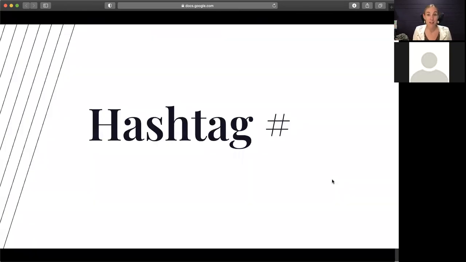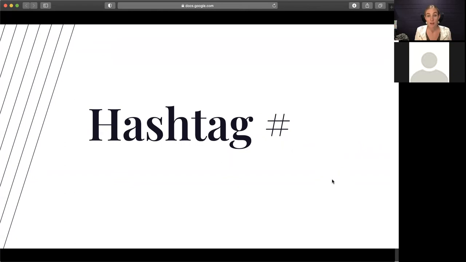Which brings us to our hashtag. Hashtag is that pesky little pound sign that everybody that's older than millennial calls a number sign. Other folks might call it a pound sign, but essentially it is the pound sign or the number sign followed by a collection of words or characters or a phrase that are all smashed together. There's no spaces in between the characters, and it's all smashed together so that it creates a searchable phrase or